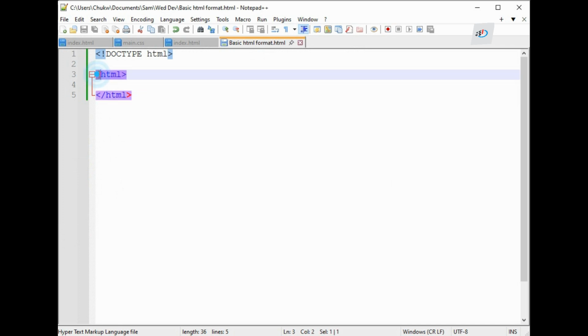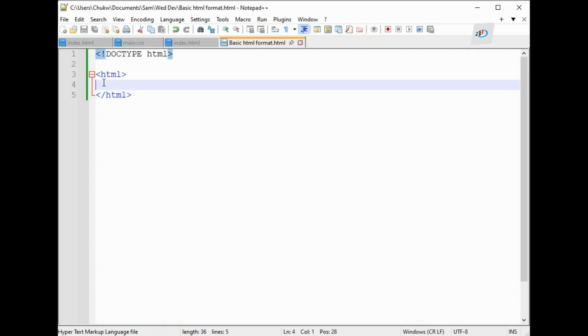Okay, when it's just black, it means that it's not saved as a HTML page. But you noticed when we just saved it as a HTML page, it's turned blue, showing that we did something right. So let's continue. In between the HTML opening and closing tags,